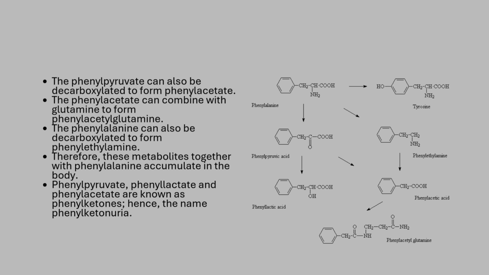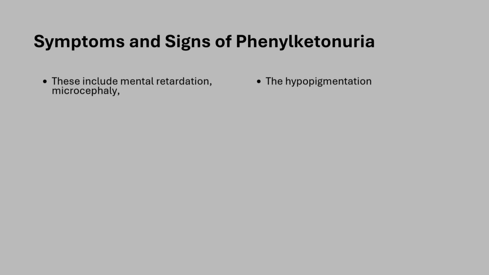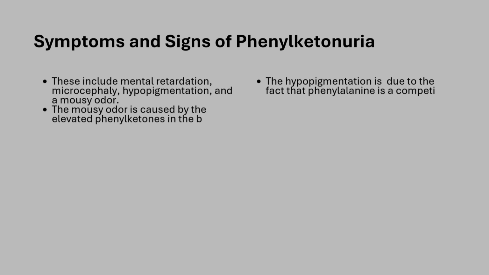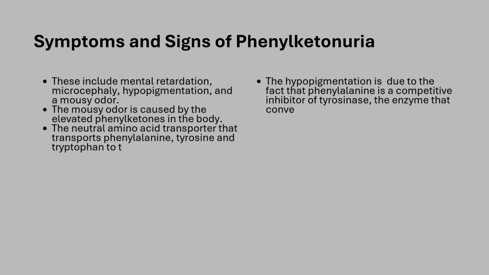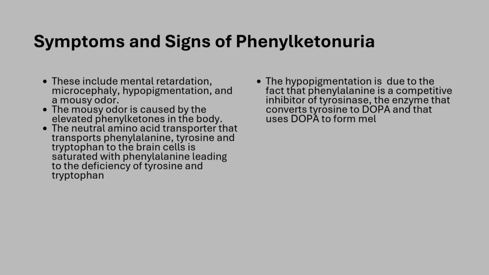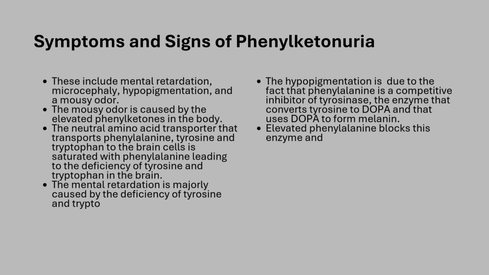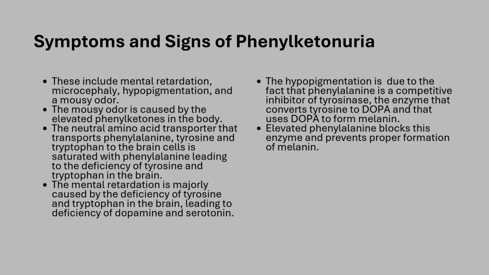Hence, the name phenylketonuria. The signs and symptoms include mental retardation, microcephaly, hypopigmentation, and a mousy odor. The mousy odor is caused by the elevated phenylketones in the body. The neutral amino acid transporter that transports phenylalanine, tyrosine and tryptophan to the brain cells is saturated with phenylalanine, leading to the deficiency of tyrosine and tryptophan in the brain. The mental retardation is majorly caused by the deficiency of tyrosine and tryptophan in the brain, leading to deficiency of